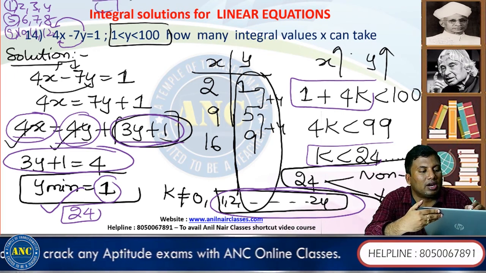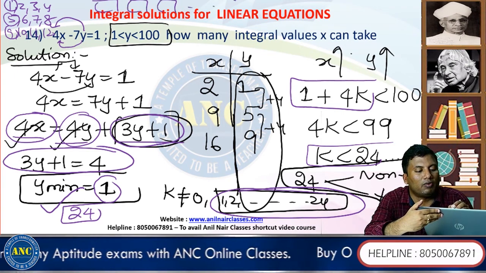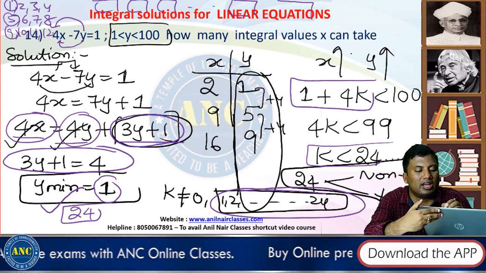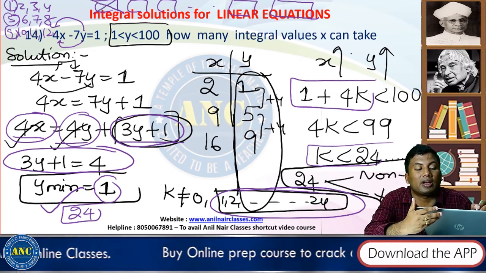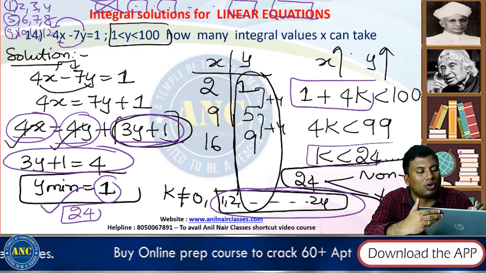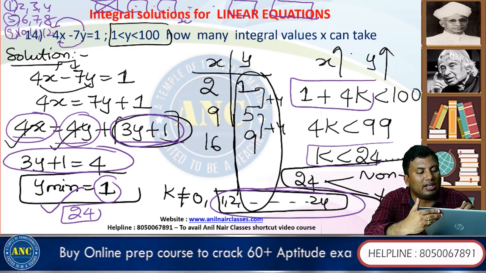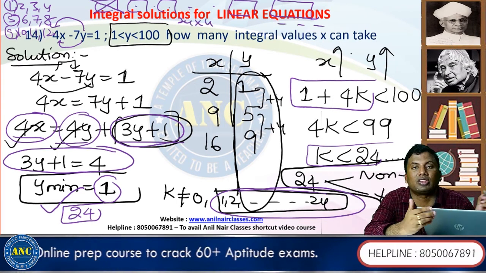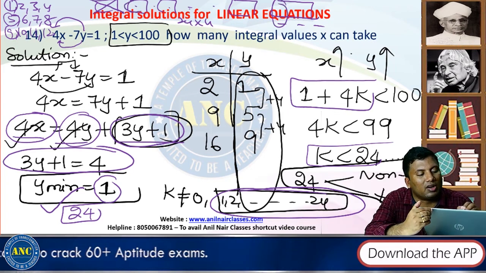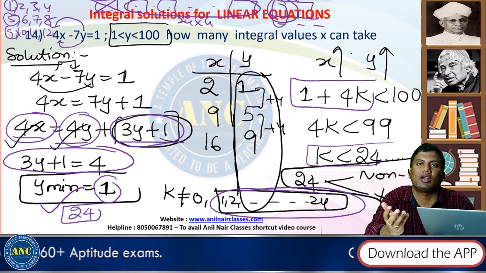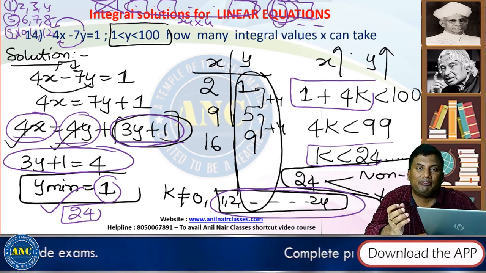Like that, there are 24 groups of four. This last group I am not taking because y is greater than 1. So 24 fours are 96, and it is the last group with 3 values. Here the first value is there. So here I got 23, here I got 1. 23 plus 1 is 24.